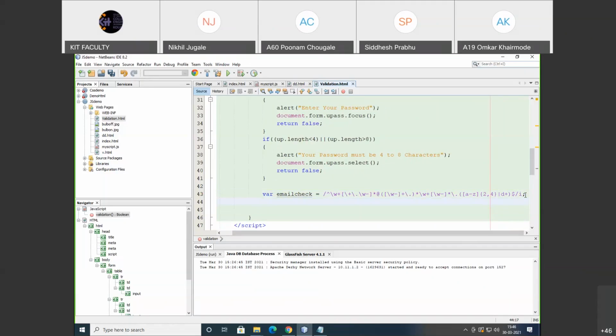Okay, so after that, I'm going to create another variable. Suppose this variable name is check. Now I'm going to check the actual value provided by the user, and compare that value with that pattern. So for that purpose, I'm going to create a variable check, and here I'm going to use the email